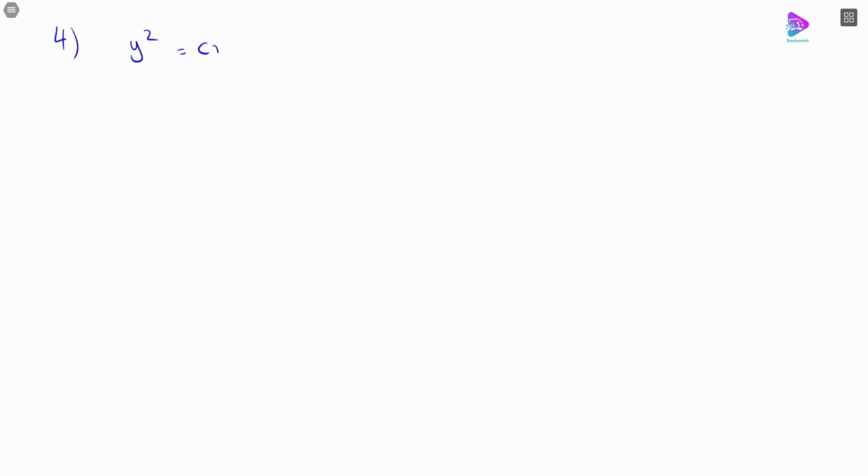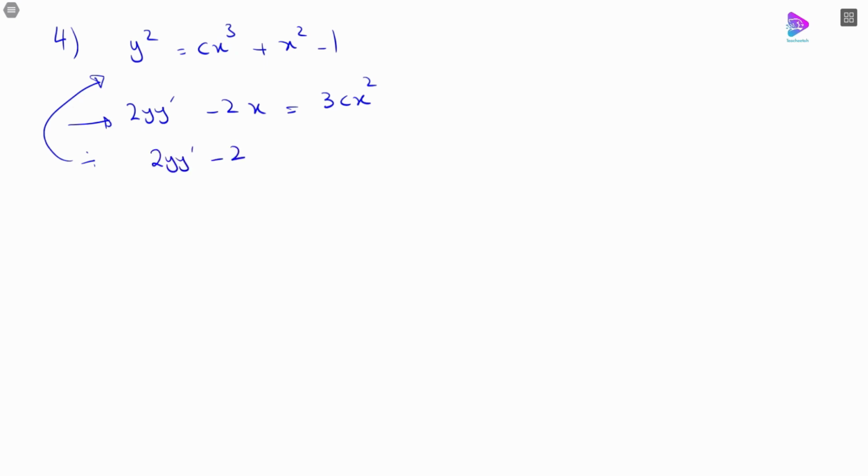y squared is equal to cx cubed plus x squared minus 1. From here again we're going to take the derivative: 2y prime minus 2x is equal to 3cx squared, and then we're going to divide by the first equation. So we will get 2y prime minus 2x over y squared minus x squared plus 1 is equal to 3cx squared over